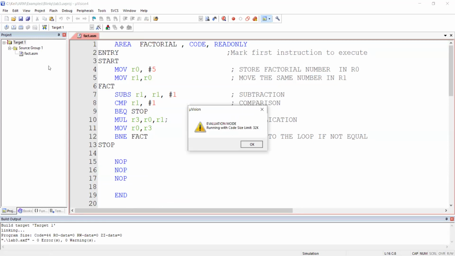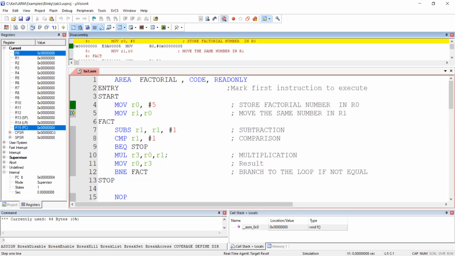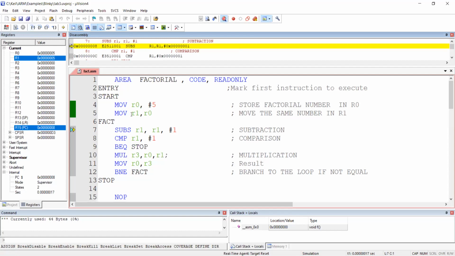Now, what is the first? Okay. So now leave aside these registers. Again, I will explain. Don't worry for that. What I wanted to tell you is keep observation of R3, where I am going to store the result, as well as R0. Two registers, keep observation. Okay, now R0 is 5, which is the number. So R1 initially, that's also no problem. I will explain once again. Next, subtraction, then comparison. I will explain it next.